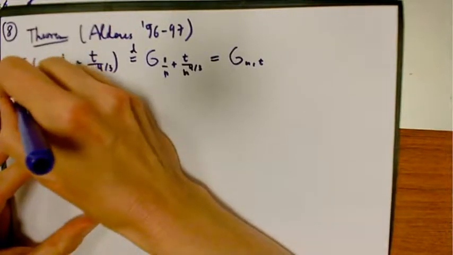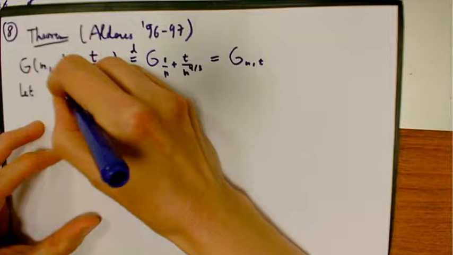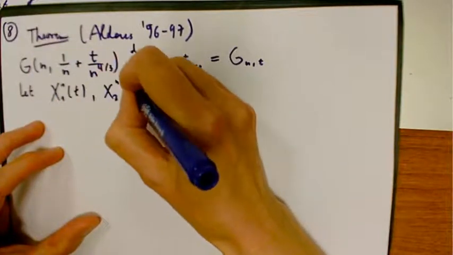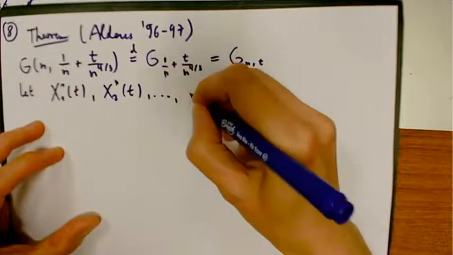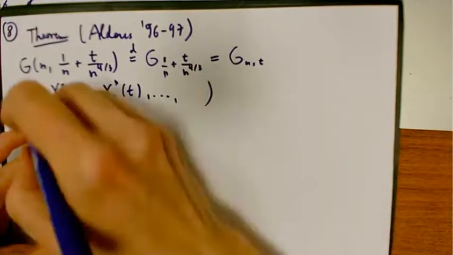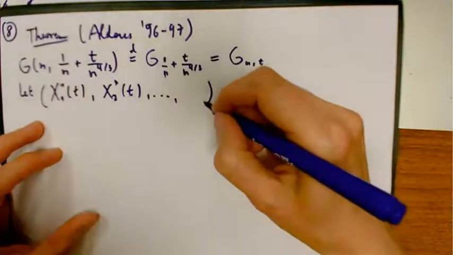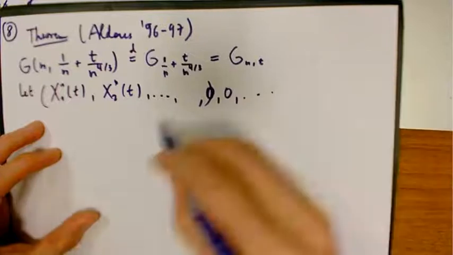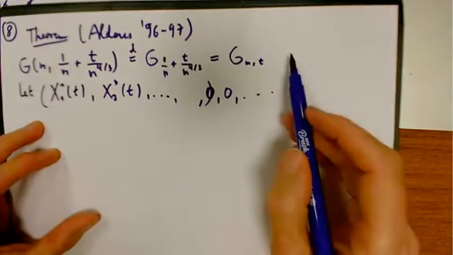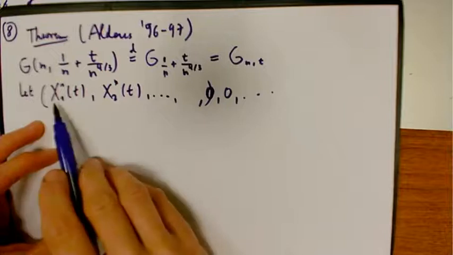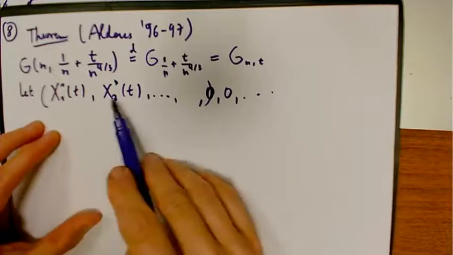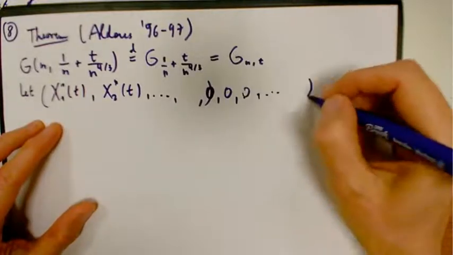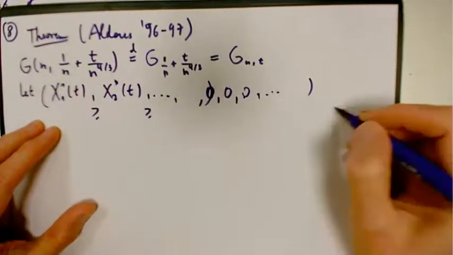So let x1^{n,t}, x2^{n,t}, and so on. Well, they go until some place, and then you insist that it's an infinite vector, so you put 0, 0, 0. So there's going to be finite. So G_n^t is a finite graph. It has n vertices. There will be finitely many components with non-trivial mass, and then you add zeros afterwards. So you pretend that this is an infinite vector in L2